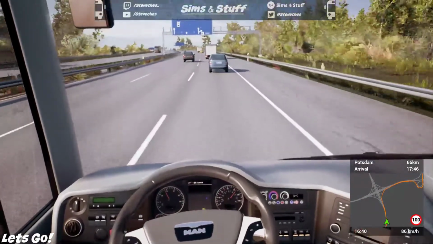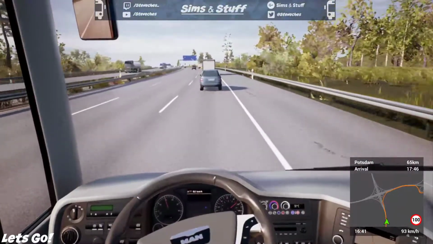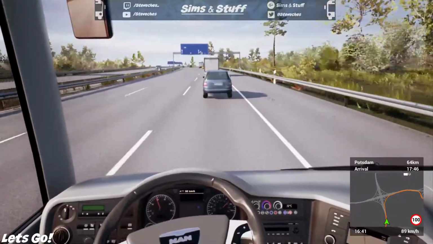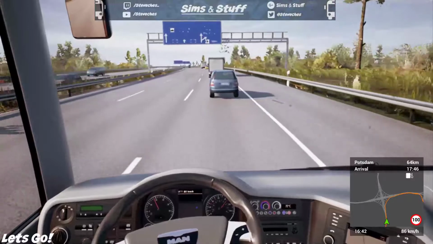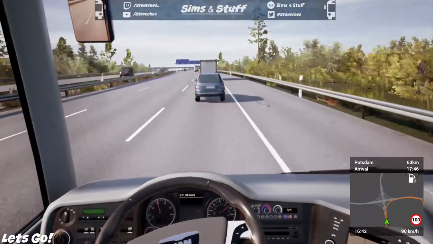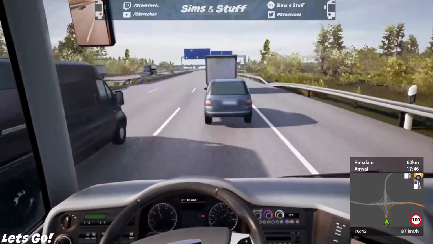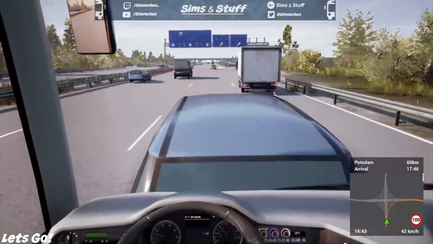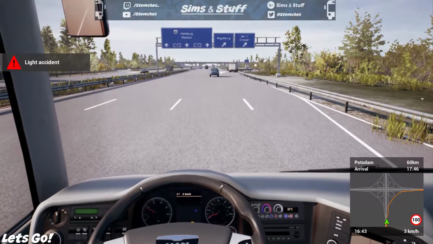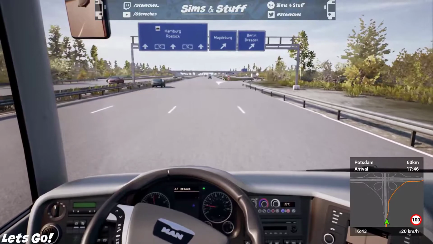So 67 kilometers to go, or 66 now, until we arrive at Potsdam. Off we come at this junction. Without crashing. Ich kenne Taxifahrer, die besser fahren als Sie. Why would he do that? He was going straight on. Why would he need...